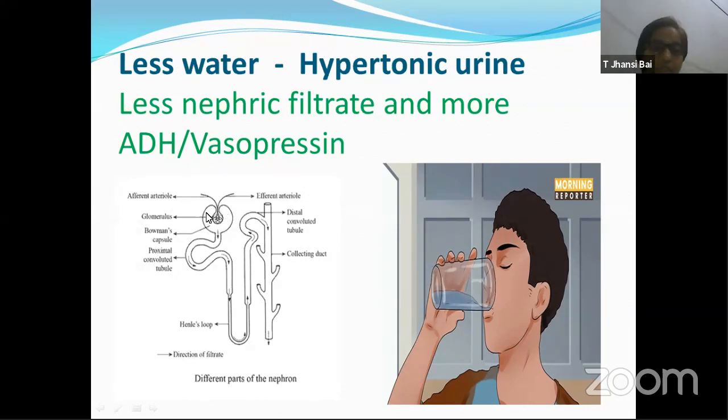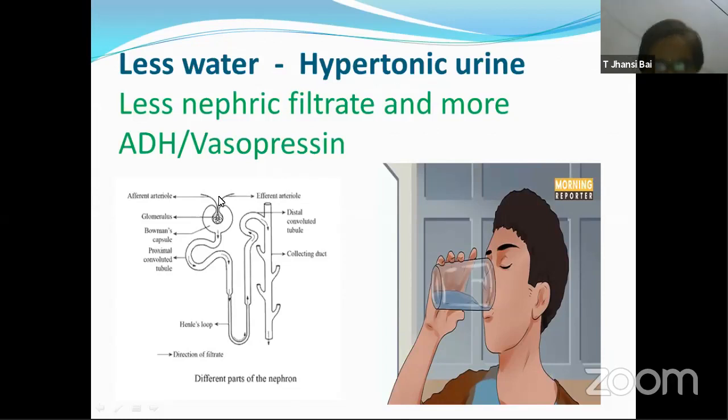If this pressure is less, the glomerular filtration rate, that means the volume of the fluid that is present over here, normally it should be 125 ml that is produced, right? Both the kidneys produce 125 ml. But on that day, when you are not taking enough water, you don't find that much urine output. That means nephric filtrate is less over here. When nephric filtrate is less initially, then obviously the urine output is also less, and with a lot of water absorption taking place, making it hypertonic.